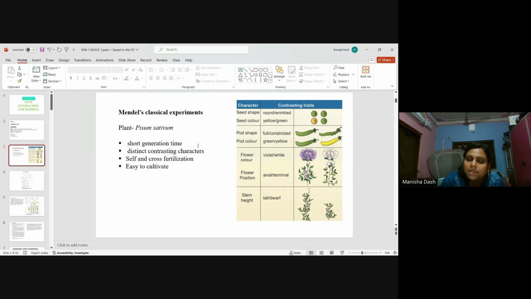Then he observed that in that particular plant there were very distinct contrasting characters. Means whatever characters he had chosen, they were very different from each other. Like if we see the seed color, one color was yellow, the other color was green. So there were completely contrasting characters which,